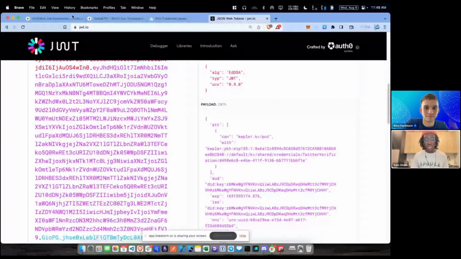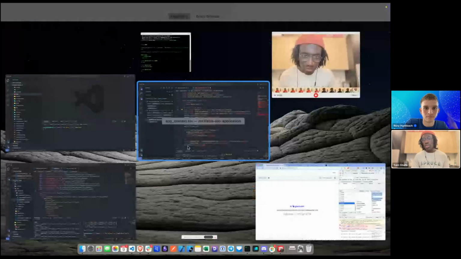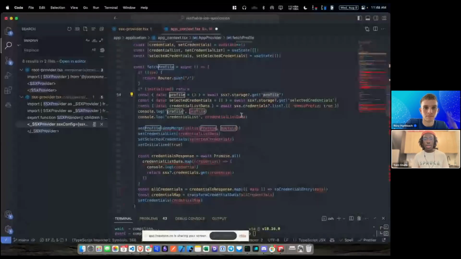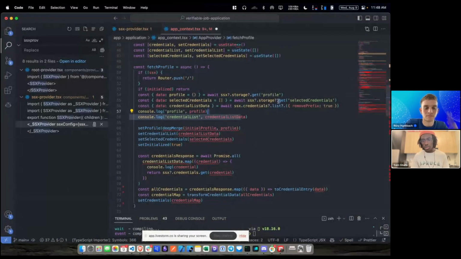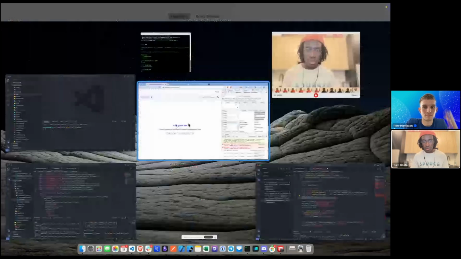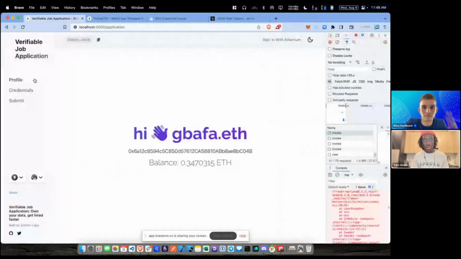Basically what I want to show was us getting the profile and what we get back in return. So we make a request and we grab the profile. We make a request to grab the credentials that you selected. So basically, when I hit update on the profile page, I put